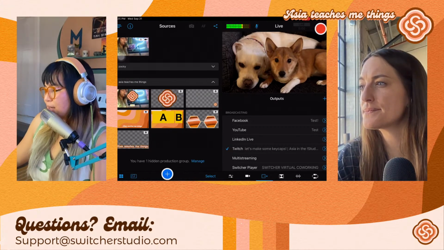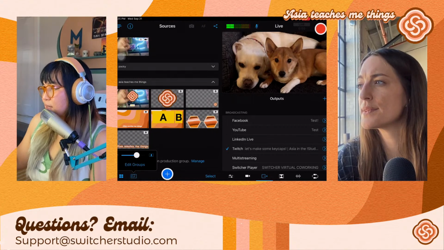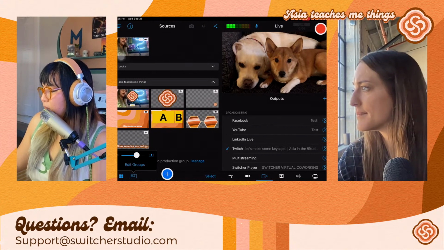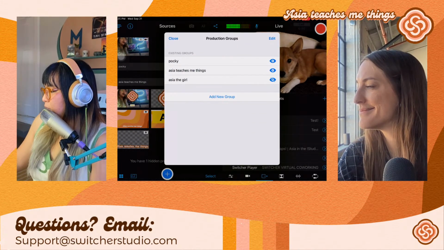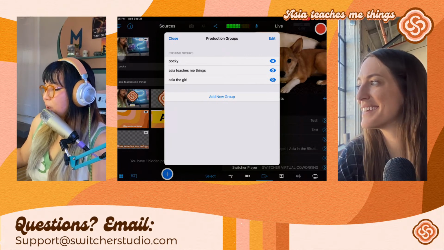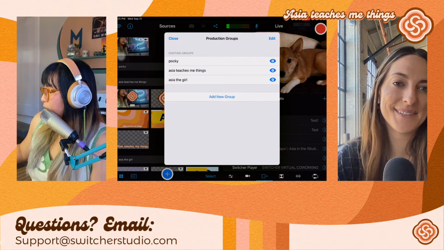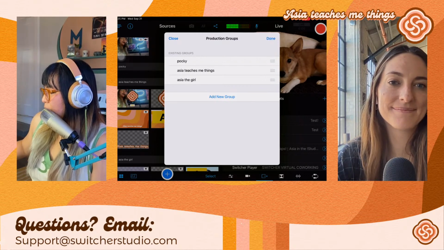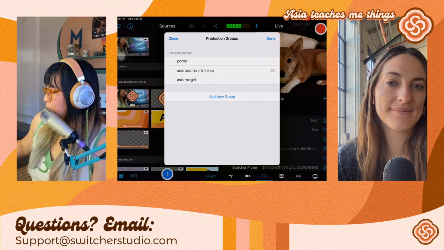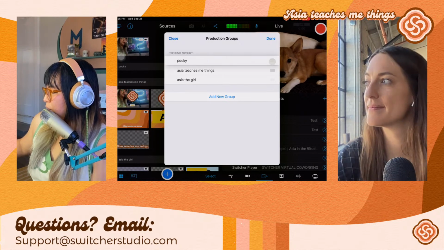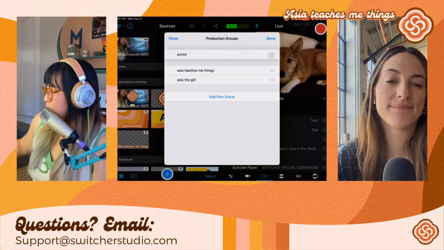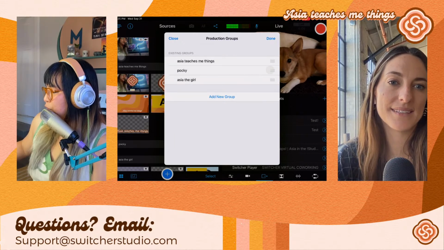Yeah. So if you go back down to the second to left bottom icon and tap edit groups again, you can definitely change the order by tapping edit. For this case, I'm not going to hide that. Edit, and then these 3-line bar things. If you just hold on to it, you can drag around your production groups, which is really nice.